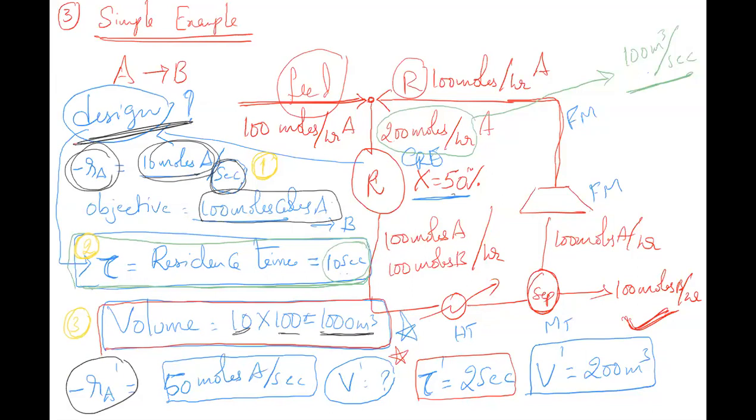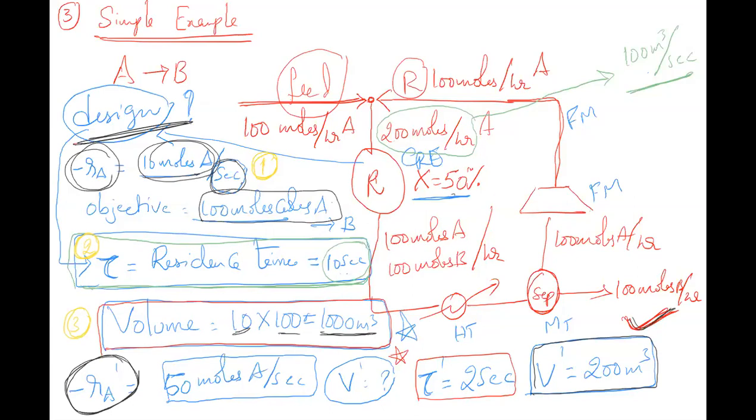Next, you have another reactor. Somebody has come up with a better idea, or let's say a better design of the reactor, in which 50 moles of A is converted. That means this reactor is better. So you have done some design modification, which means 50 moles of A will be converted. Then the volume of the reactor is 200 meter cube. So this is the other reactor.